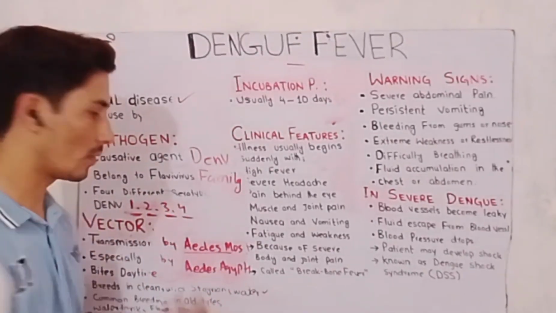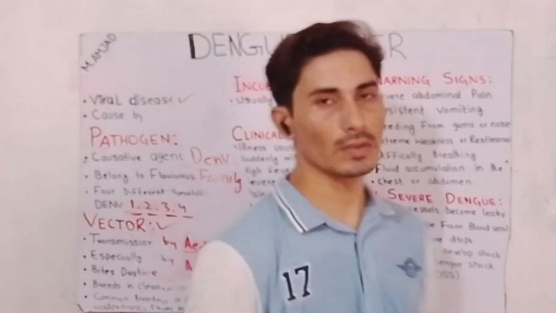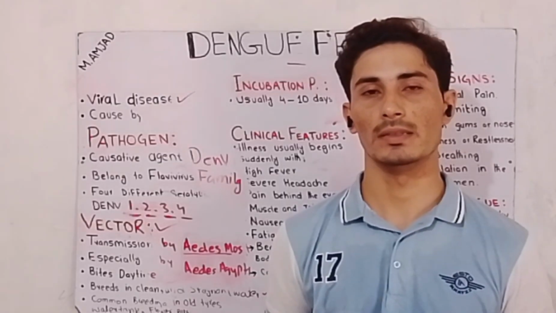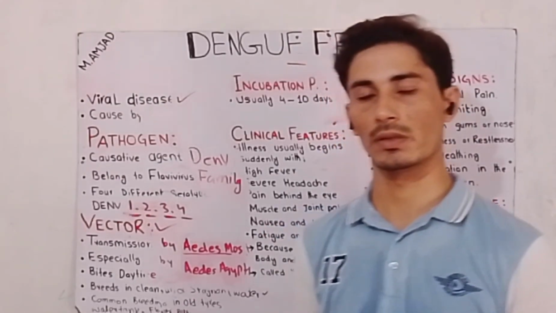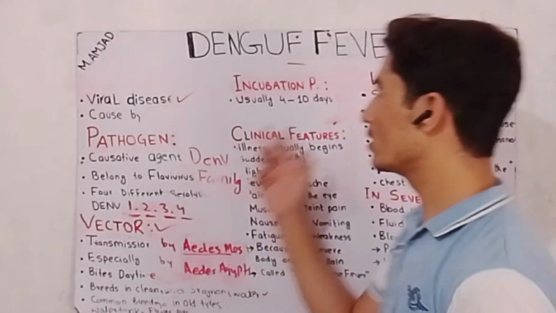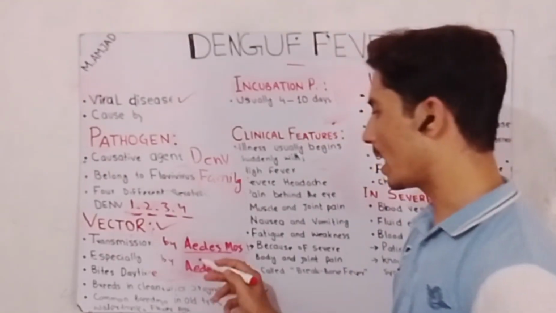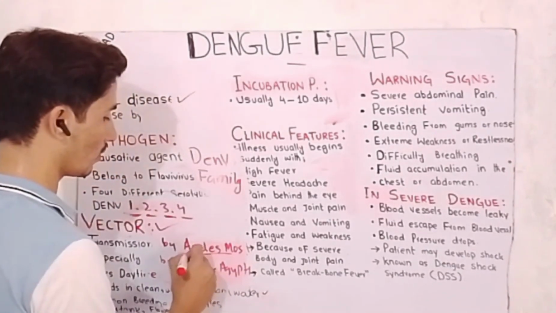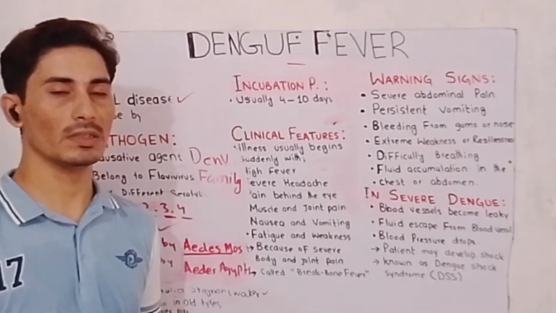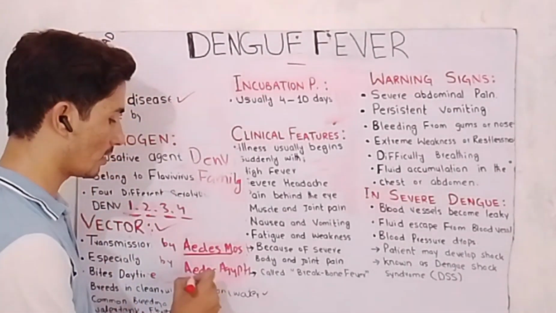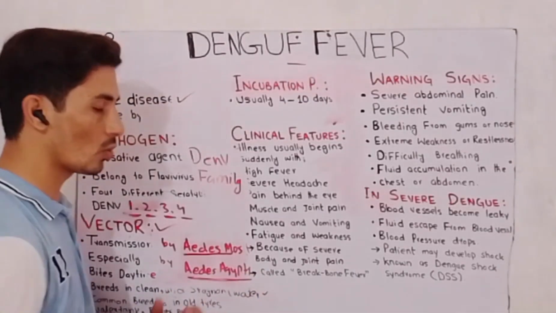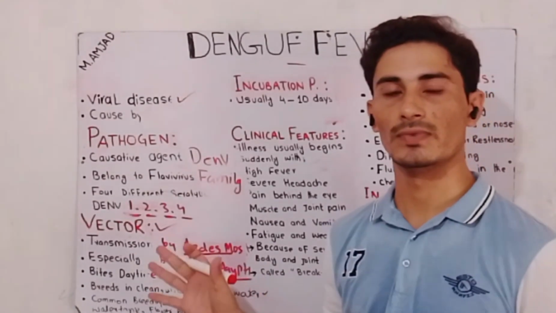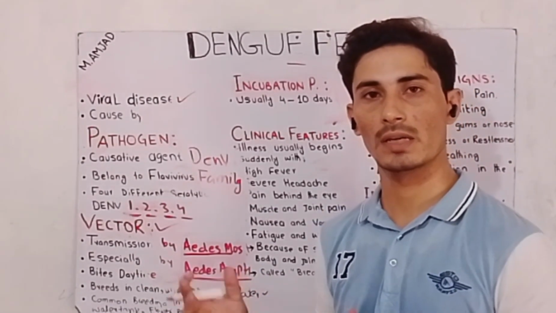Then we will talk about the vectors. Viewers, vectors are those living organisms which carry and transmit the agents, I mean the virus which causes disease, from one person to another. In dengue fever, the vector is the Aedes mosquito. Aedes is a group of mosquitoes consisting of many species, especially Aedes aegypti, which carries and transmits the dengue virus from one person